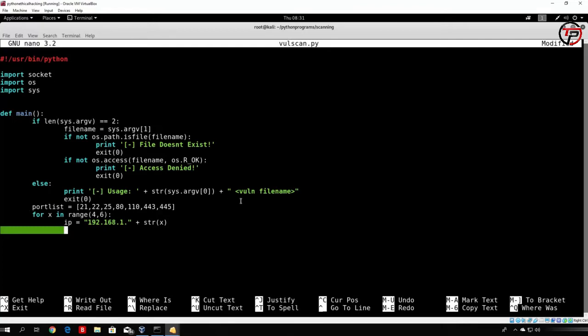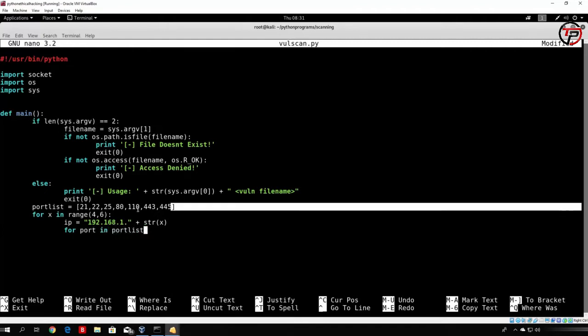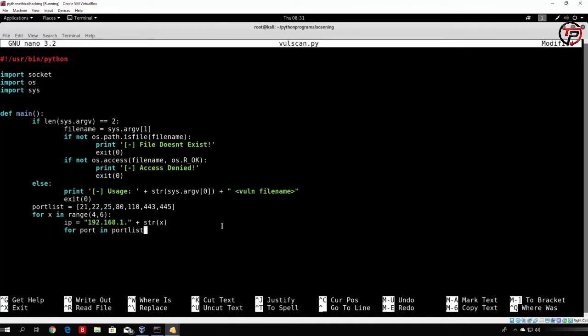So for port in our port list, which is this right here, we want to actually run the same function as in the previous program, which is the return banner function. So let's just do that. For port in port list, banner will equal return banner with the IP and port as the arguments for that function. And now we check if the banner was received. So if a banner was received from that certain port, we want to print